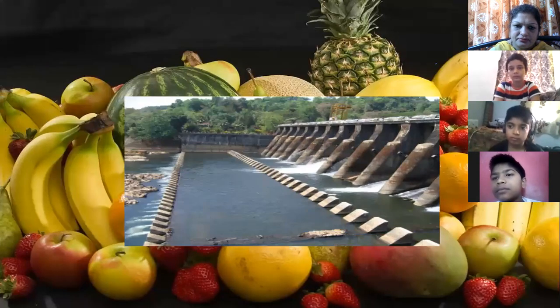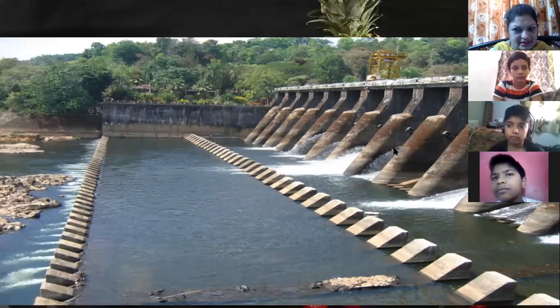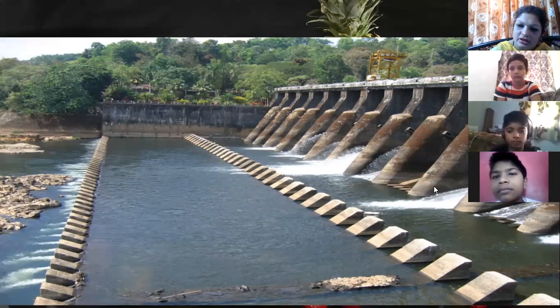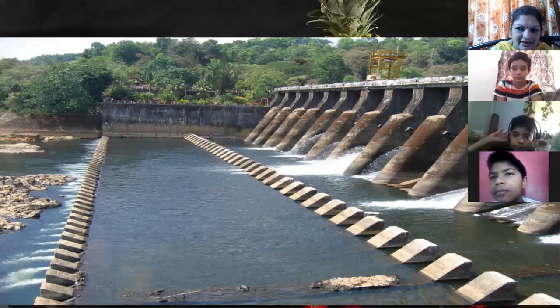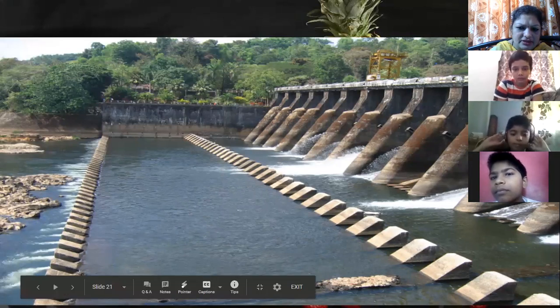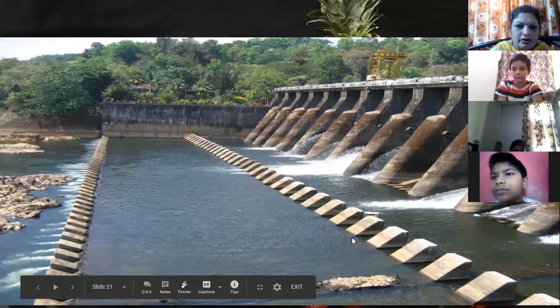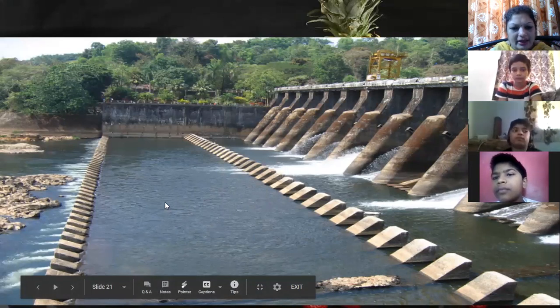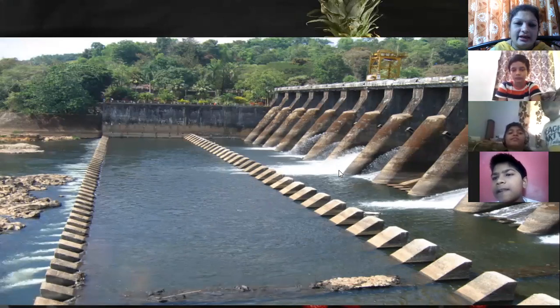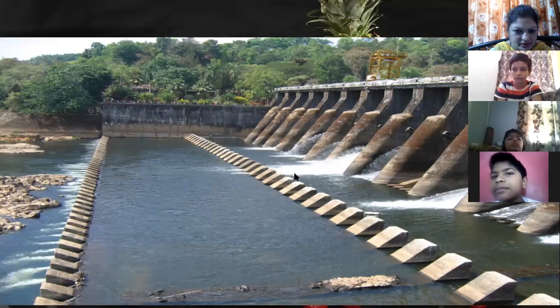Then from this picture, you must have guessed it. This picture is about what? You must be watching the news, and in that news channel also, you must be able to see what this exactly is. The picture is about a dam. So the rainwater is collected in the dams, and that's why dams are also used for irrigation. Dams are really useful to provide water to the crops.